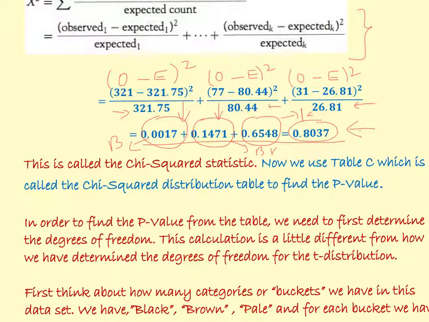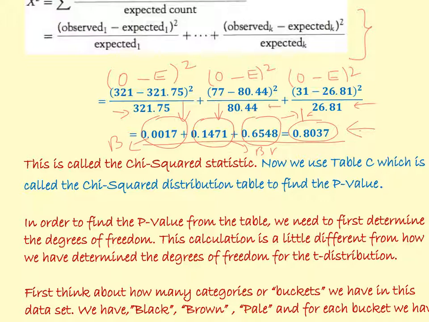Remember that it is not the total number of seeds, it is the number of categories into which we've divided these seeds, and you subtract 1 from it to find the degrees of freedom. In this case there are 3 categories, black, brown, and pale, so that's a total of 3, minus 1, which is equal to 2 degrees